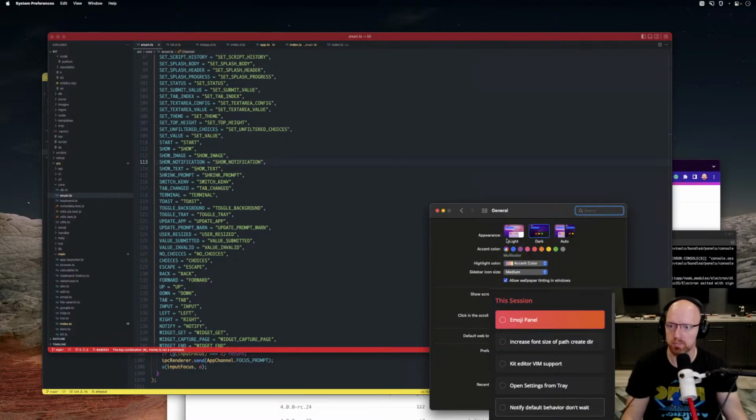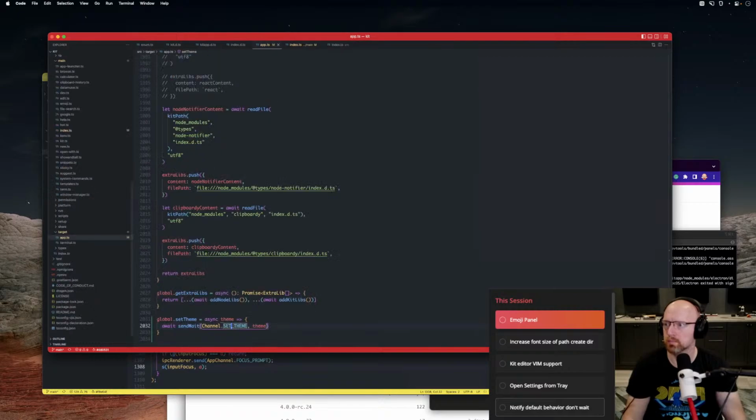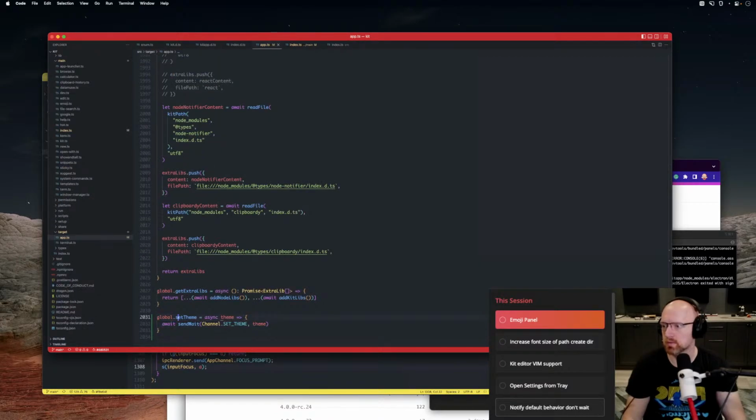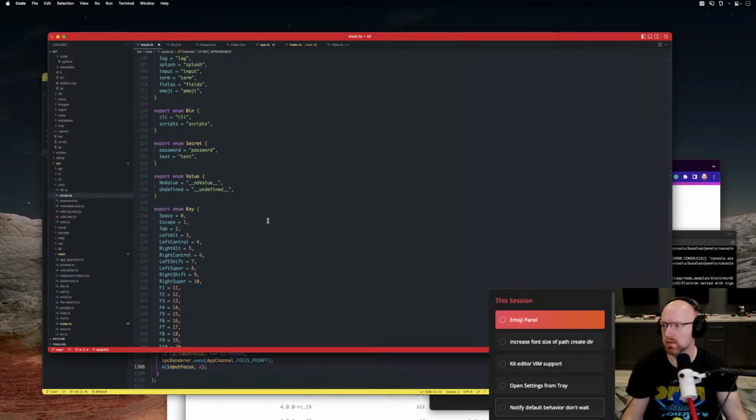Yeah, we'll do set appearance light dark auto, I think is the play there. So set appearance. Then we'll add the missing one. Okay. And then